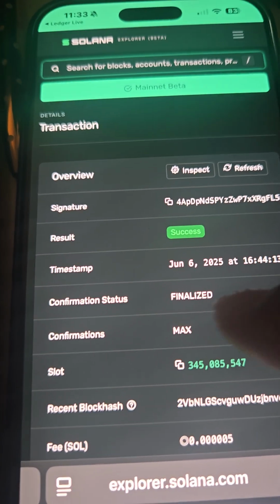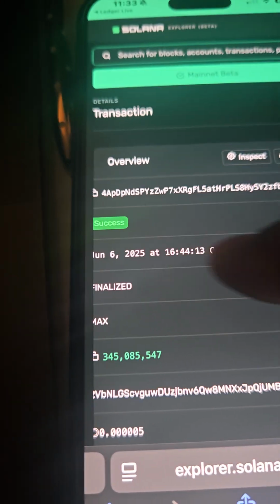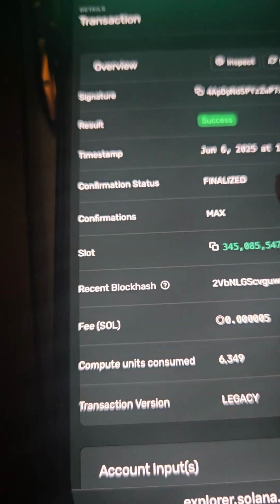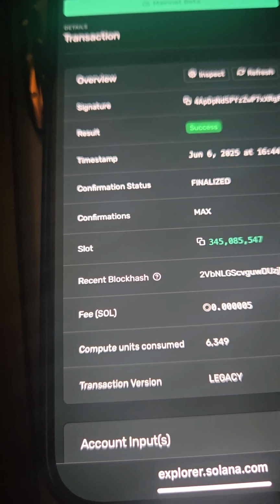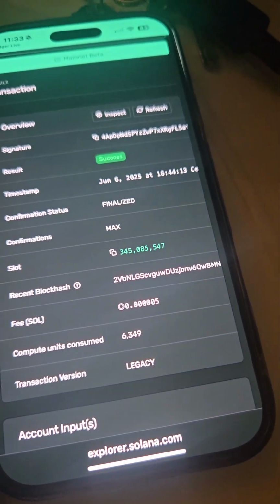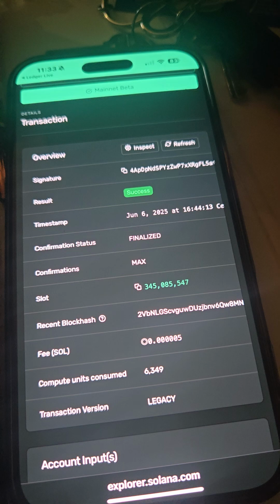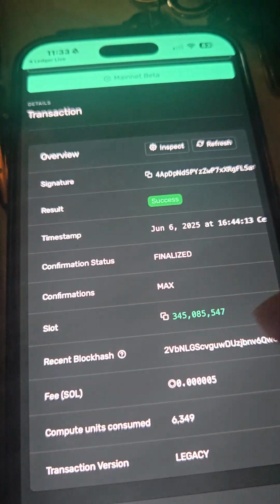Now watch this. June 6, 2025. This was the last time this money was moved. There was a transaction that was finalized. See, it says finalized. It says confirmations max, meaning that the confirmations is what each computer has to do. So there could be 1 million computers, and all those computers have to confirm that this transaction is verified, meaning that